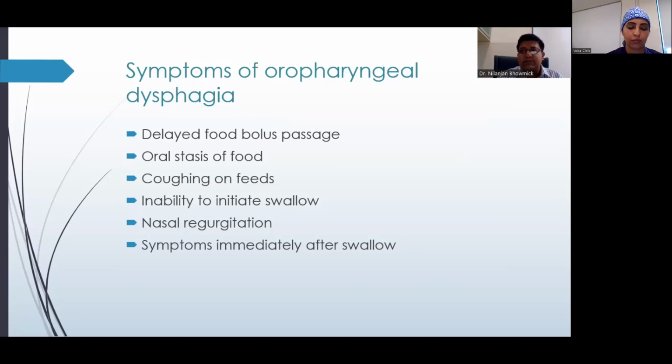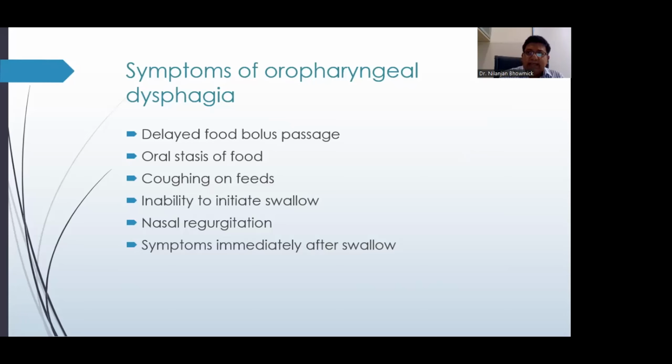So when the patient presents with this symptom complex, either one of these symptoms or multiple of these symptoms, our thought should go towards oropharyngeal dysphagia, and the primary modality of investigation is fiberoptic endoscopic evaluation of swallowing, or FEES. The first FEES paper was published in the 80s by Dr. Suzanne Langmore and her colleagues, and since then FEES has been regularly done both by SLPs as well as ENT surgeons all over the world.